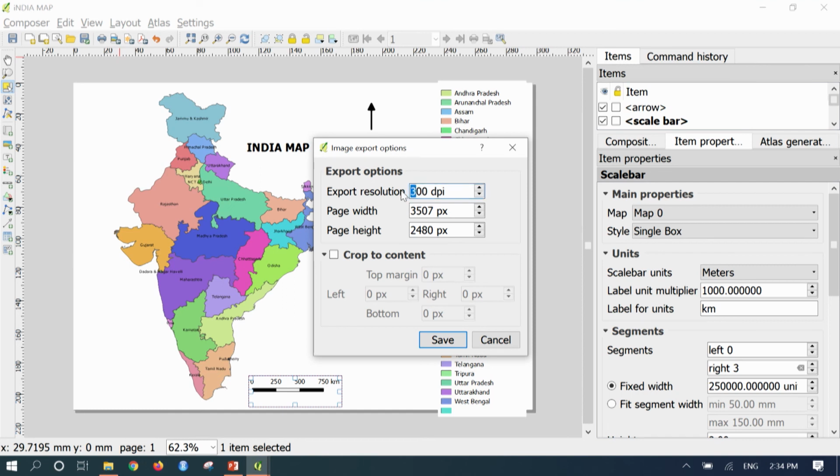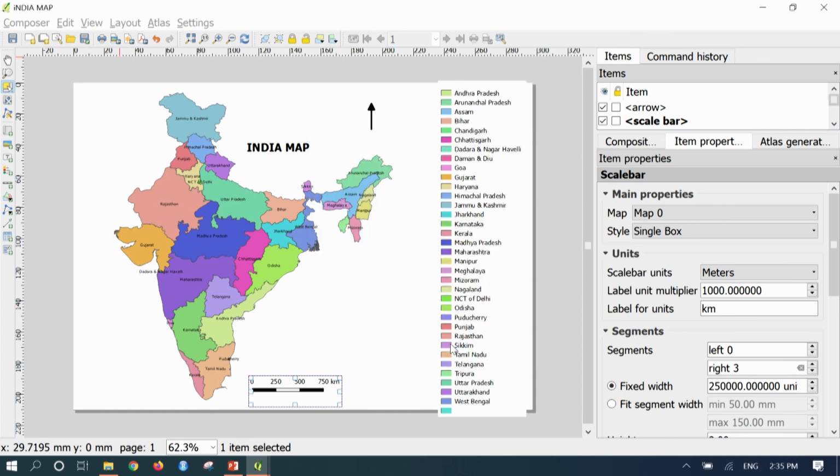Here I will change the default DPI to 600 DPI, which is mostly preferred by major papers or applications. Then I will select crop to the content, otherwise the extra page will appear in the map window, and then press save.